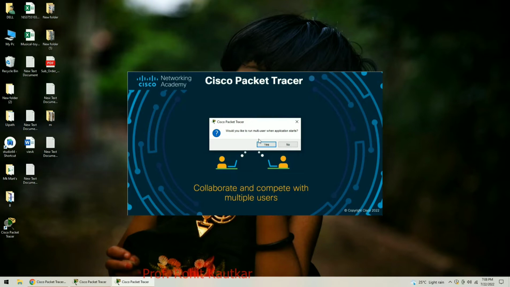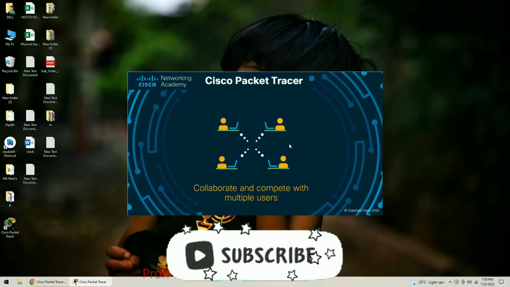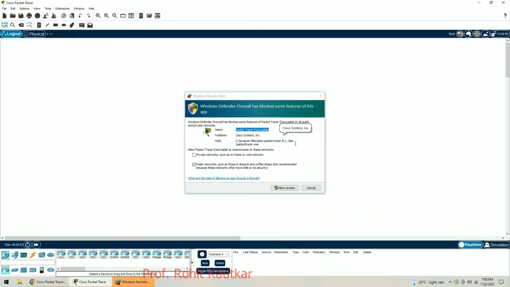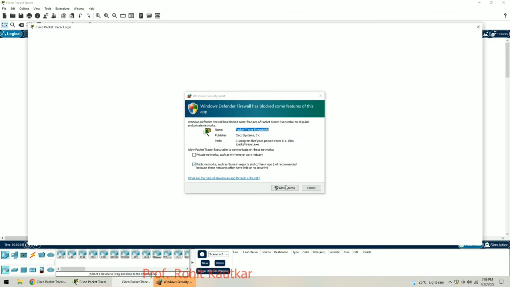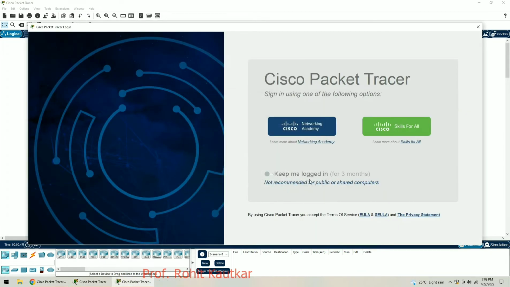Now it is asking whether you want to run this Packet Tracer for multiple users. We don't want to do that right now, so we will click on no, and it will ask you for allowing access to the public network. So simply allow access. Now friends, in order to use this Packet Tracer, we need to sign in with any